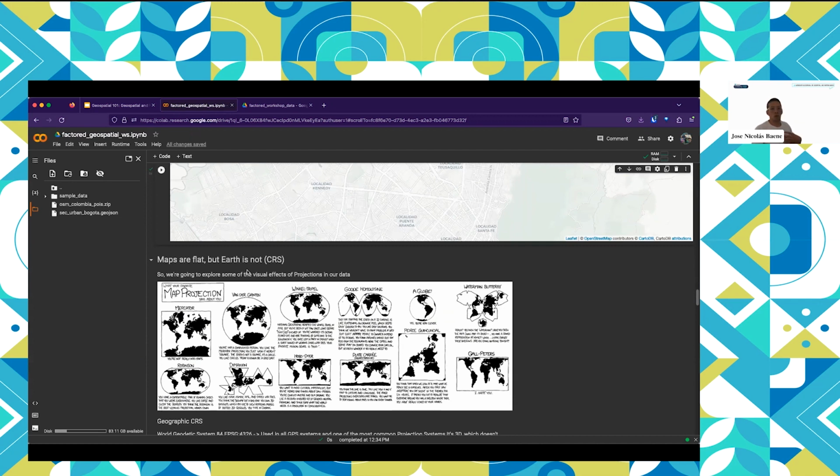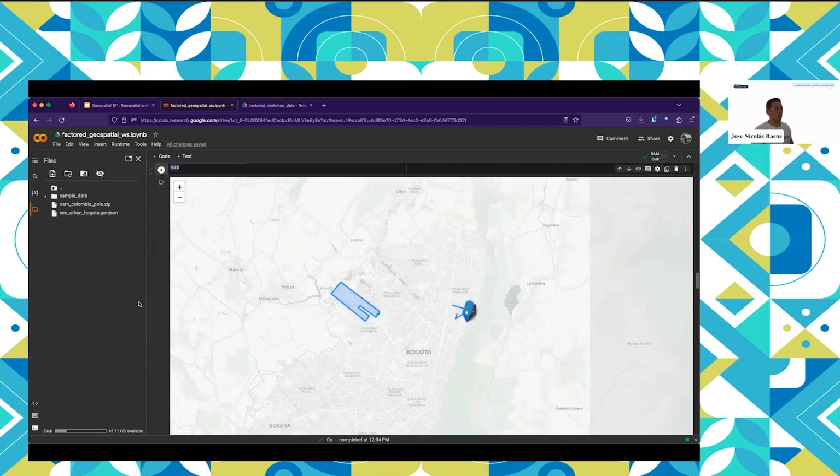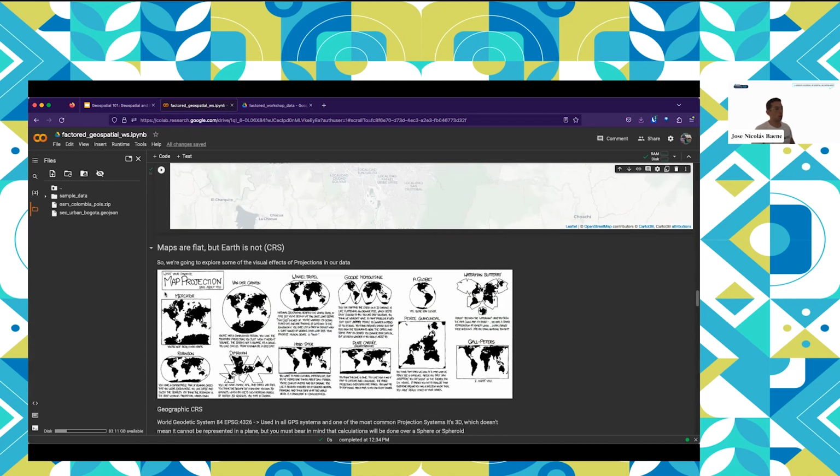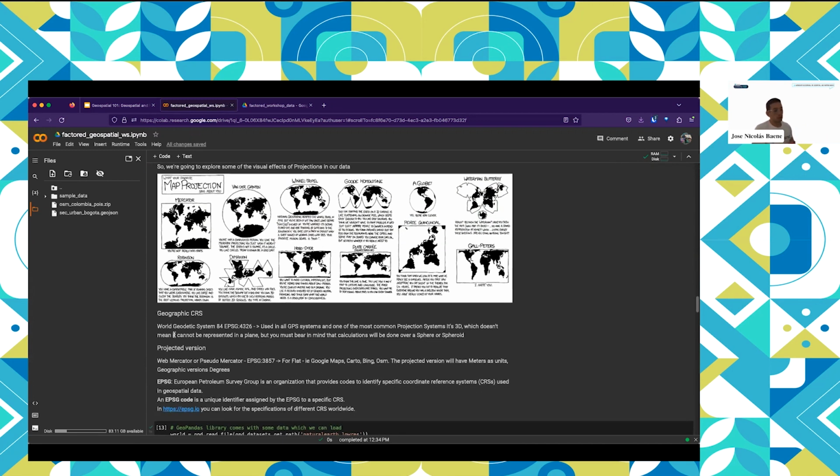And now, after we have this and we know that this projection is the web Mercator projection, I wanted to show you also that maps are flat, but the Earth is not. As I told you, the World Geodetic System, 4326, is the one used on all GPS systems and is the most common projection around.